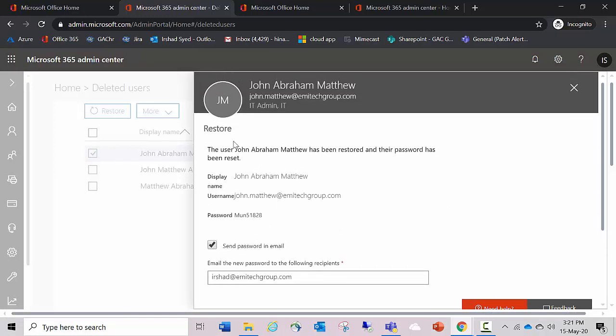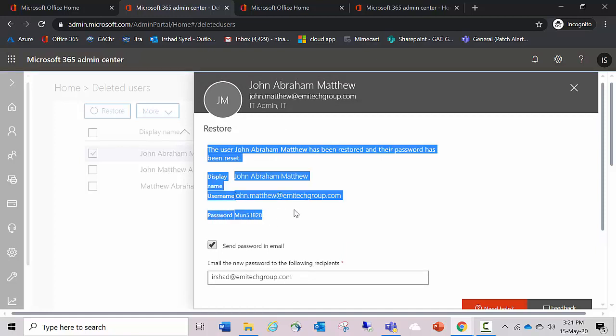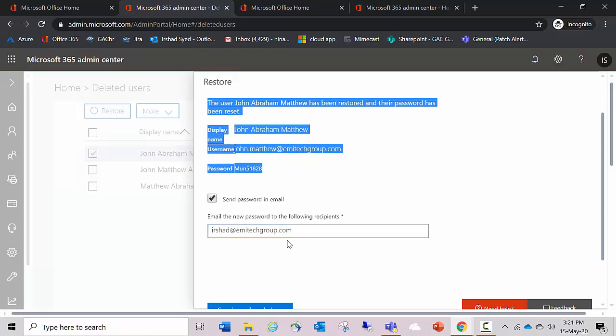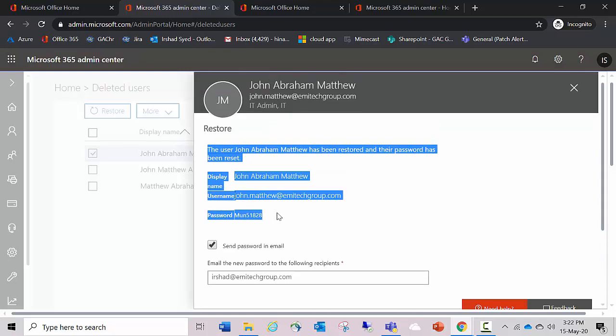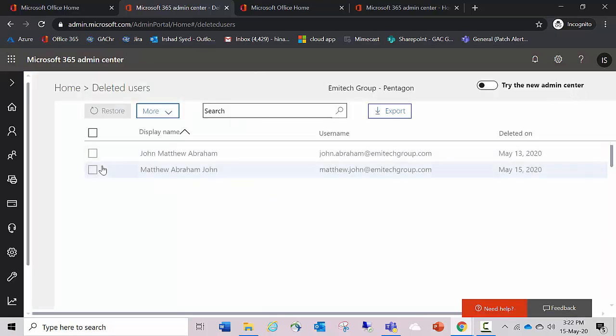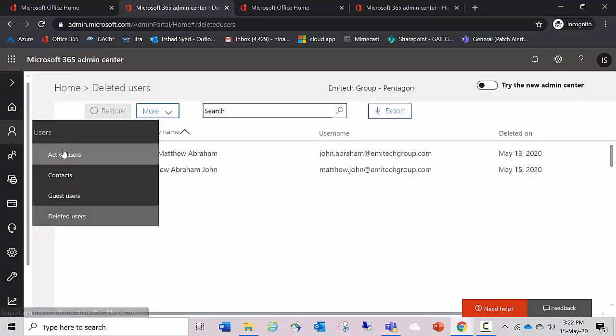Here you can see this user has been restored successfully with the revised credential. If you want to receive these credentials directly in your email, you can put your email address here and click on the send email tab. And if you want to check that this user is successfully restored, you can simply check under the active users list.